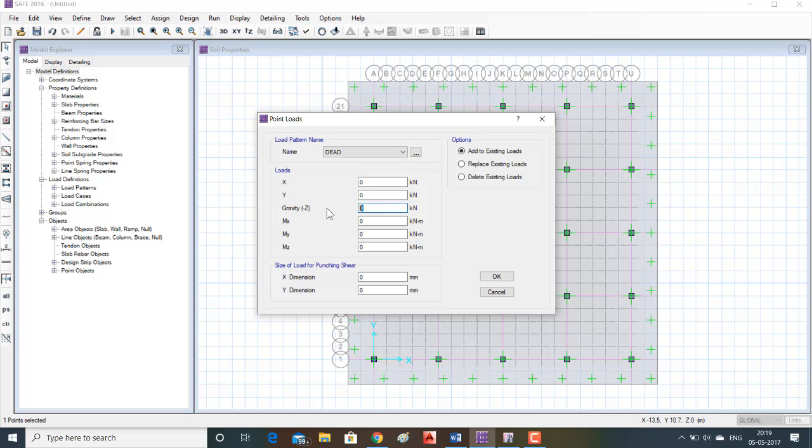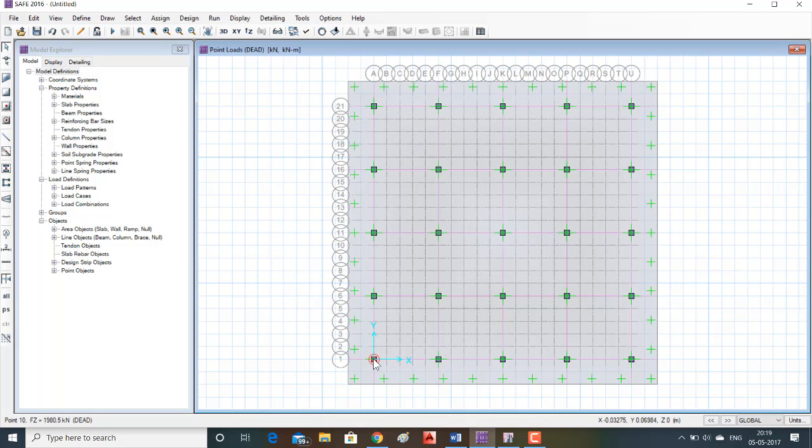In gravity -z, 1980.5. The dimension size of load for punching shear is 400 and 400. Click on OK. Again select the center of the column, go to assign.